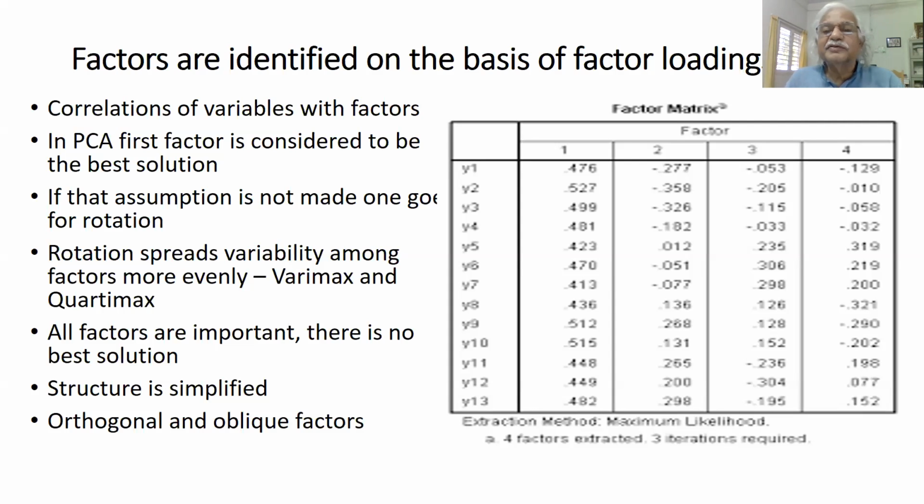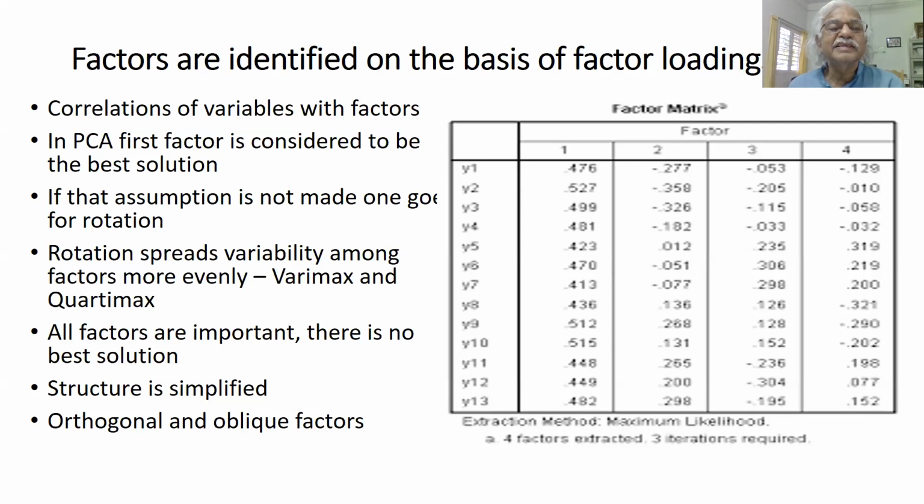The maximum correlation is with factor 1. Variable 13 has a maximum correlation with factor 1 and minimum with factor 4. And by looking at these relative dependencies of factors on different variables, you can try to imagine what these factors could be. That will depend on the problem at hand. Just by looking at the correlation matrix, you cannot name them. By looking at what these variables are, you have to interpret what these factors could be.